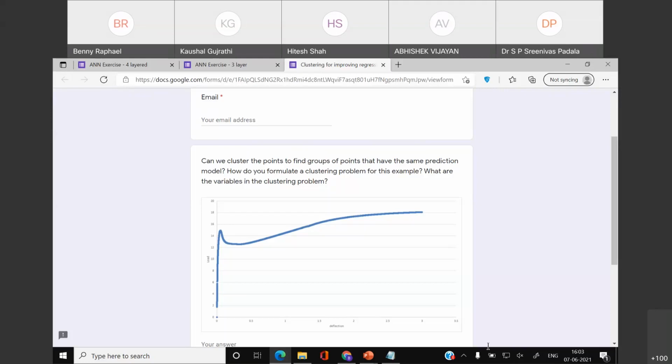Okay, so most of you have written, using heuristics, linear relation, increasing region. These are heuristics. This is not how you do clustering. For clustering, you need to define the variables. You need to define the distance function, and based on the distance function, it will assign each point to a separate cluster. I don't know whether people have used rules like this for forming clusters. Maybe they have done, but I'm not aware of it at the moment.